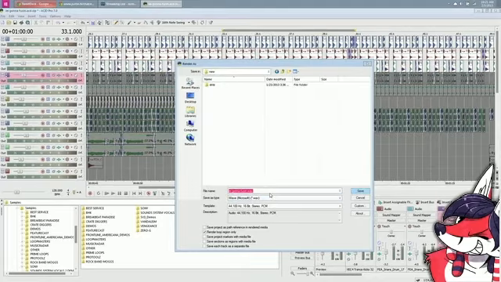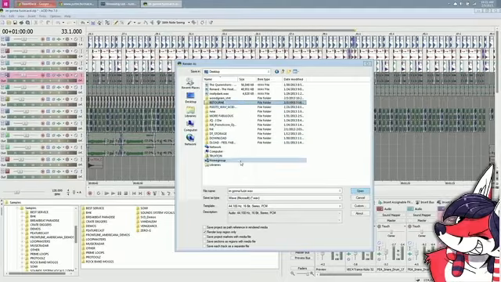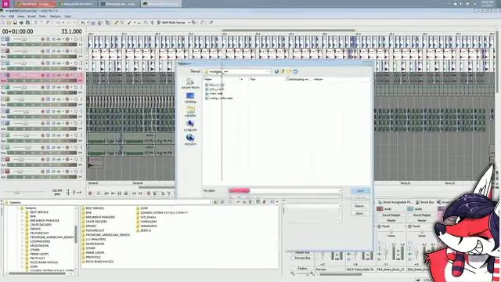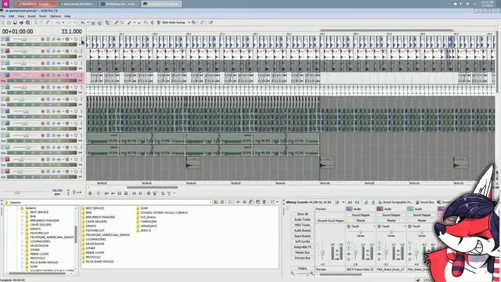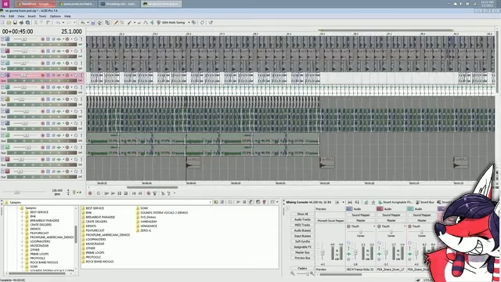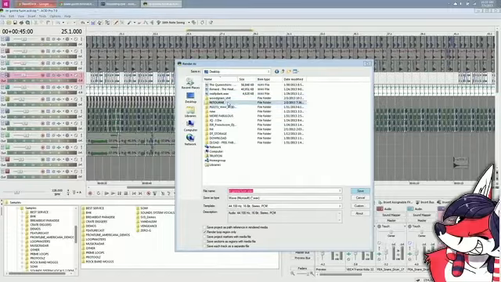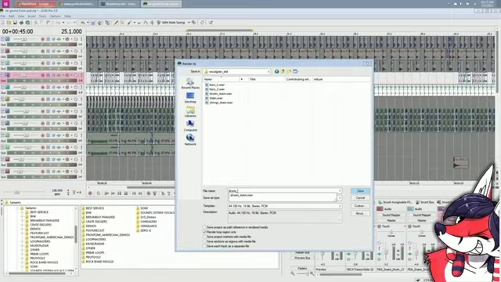So that's going to be drums main, and then I'm going to include the hats separately, because you don't always want those. Drums, hats.